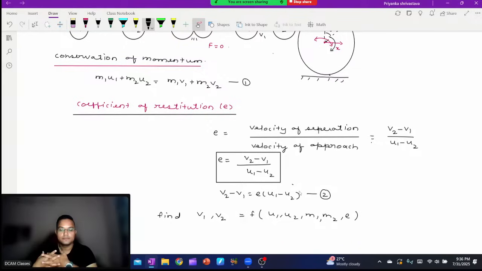I want you to get this result, because that result will be useful for you. If you remember it, sometimes you will solve questions very easily. But that is useful for smaller level examinations, means those engineering examinations, local colleges examinations there.